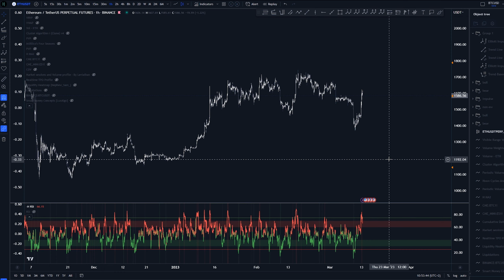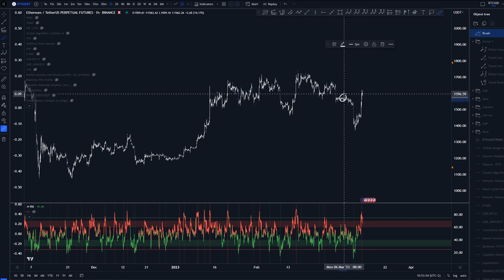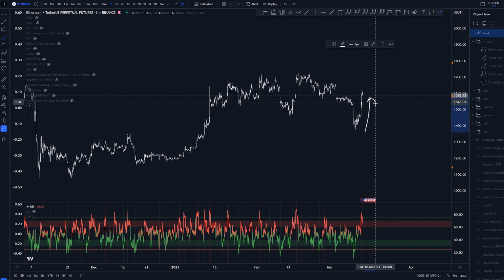Hey, it's Ed here. Today we're taking a look at technical analysis for Ethereum with the Elliott Wave theory. Last time when we were talking about ETH on Counter-Trend Capital, we were here around March 5th. And since then, again, we had another drop down and now a pump up higher.